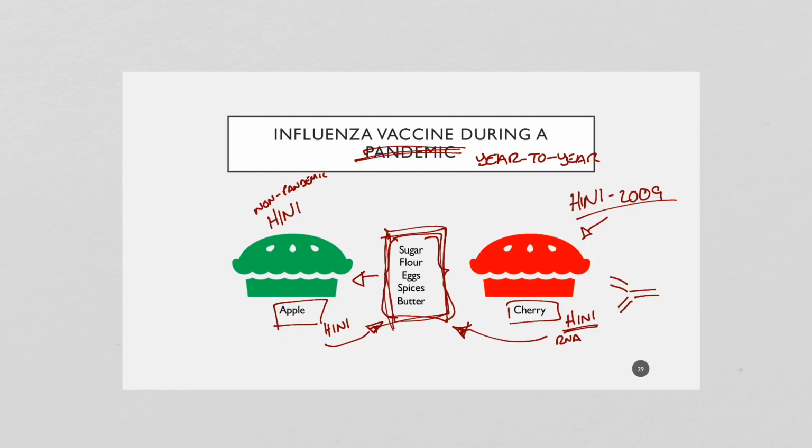So this is why the vaccine for the pandemic was not rushed to the market, it was rushed to production so it could go into the market. But they still took some time. They still took a couple of months, and they did get some people together. It was a small group, maybe a couple of hundred people who were given the new vaccine with the cherry pie filling, just to be absolutely sure. But they didn't do a full-blown phase 1, phase 2, and then phase 3 study because this was an emergency. Everybody in the world, by the definition of a pandemic, was getting influenza.